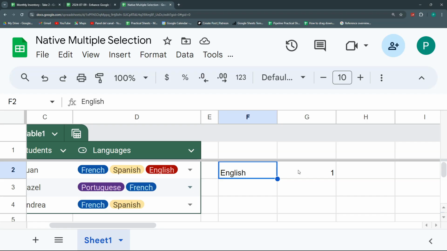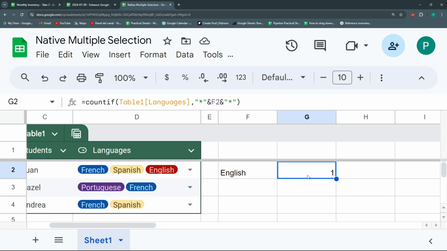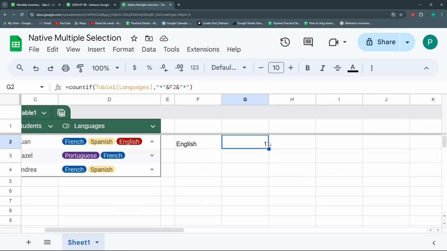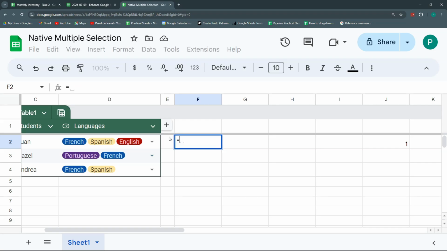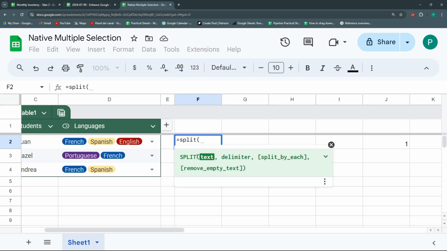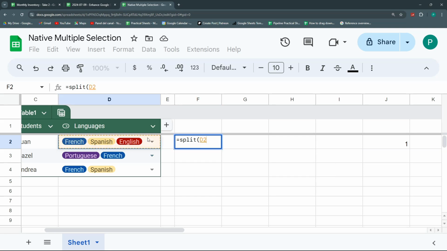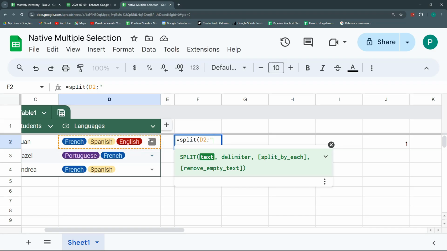There are a couple of ways we could do this. I'm going to give this less zoom and move this to the right. And I want to list everything that's here. How do I do this? First, I'm going to remove the commas and have each one of them be a cell. How do I do it? I'm going to use the split function. The split function asks the text first, and then the comma,